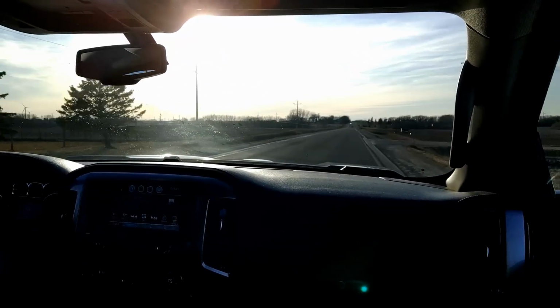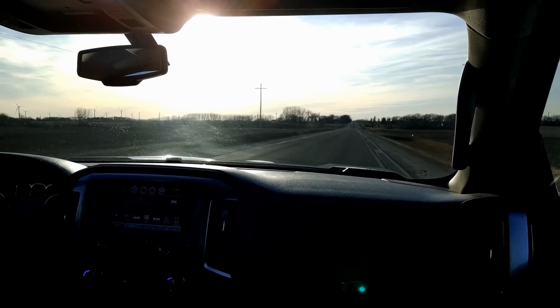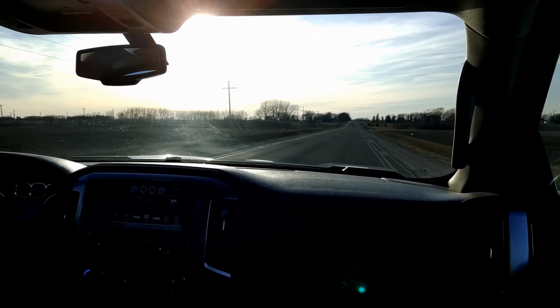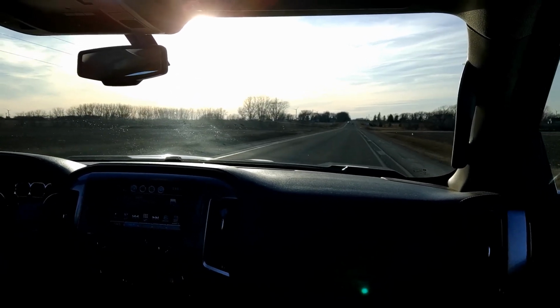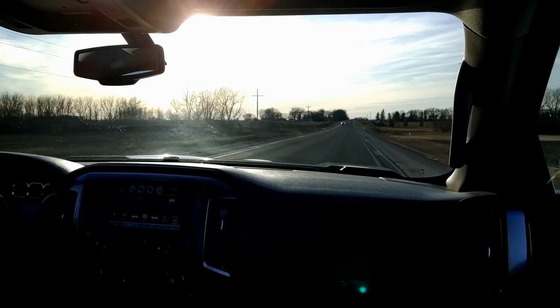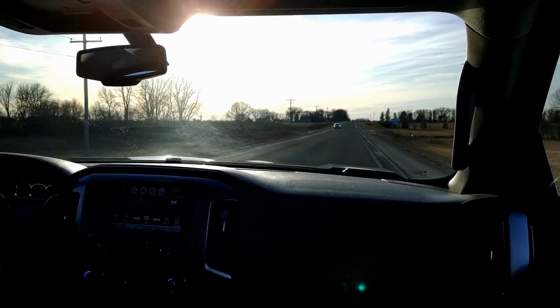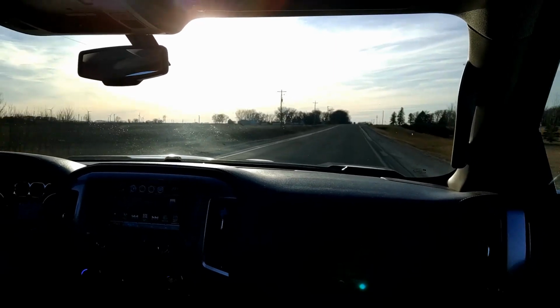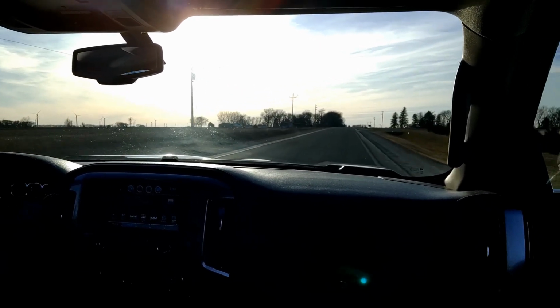Oh doggy, we're going over 65. We better slow this ride down. She just kind of purrs right along. And that noise is almost going with our speed. So the faster I go, the worse that noise is. I don't know what that noise is. I've never heard it. It sounds like...